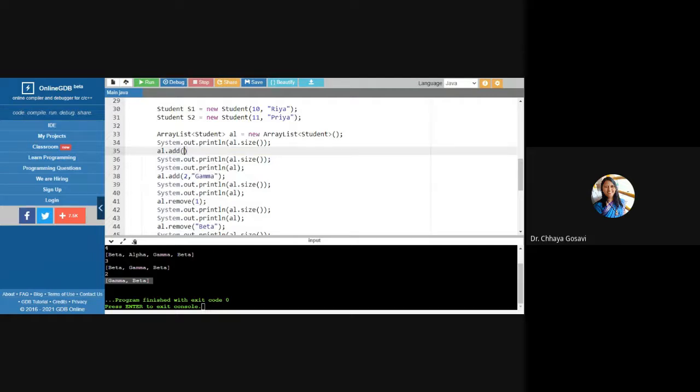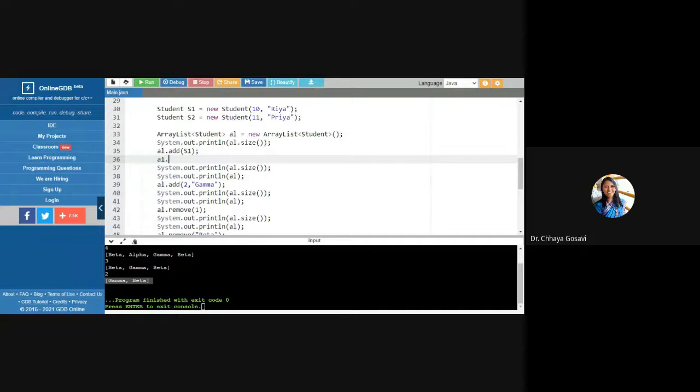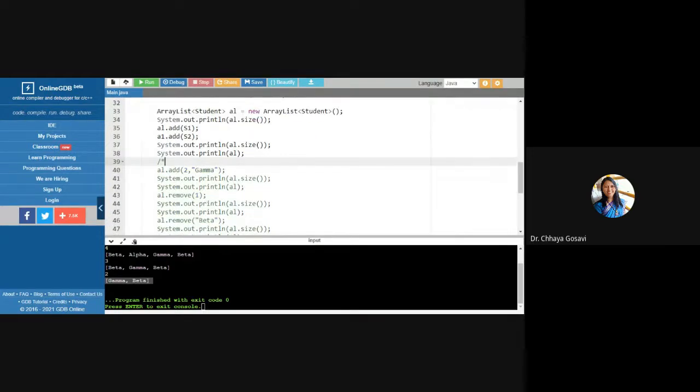Here instead of alpha, beta, gamma that we passed initially, I'll pass S1, that is first student, and then I'll pass second student, S2. Note that these objects need to be created before adding into the list. We should have these objects ready. So I have a list, array list with these objects. Now this is interesting. You can see what print statement will print.